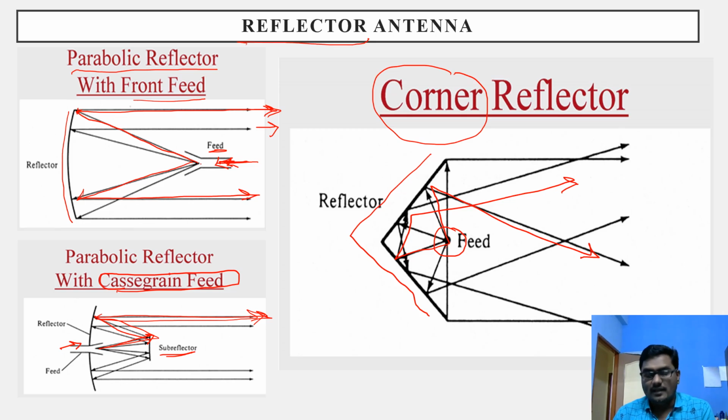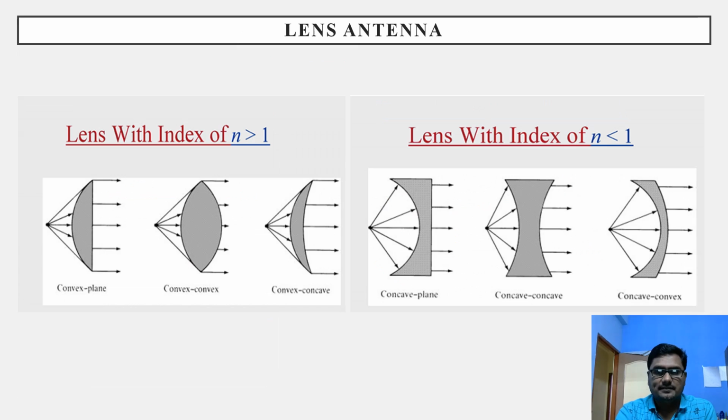I just want to show you that there are some types of antenna which are working on the principle of reflection also. Right? The basic thing that we know is a perfect conductor is the best reflector. Actually, on this phenomenon, they have created different antennas, and they put all those antennas under the category of reflector antennas. Next type of antenna is the lens antenna. Next, and it is the last type of antenna.